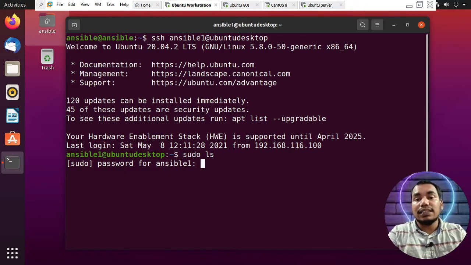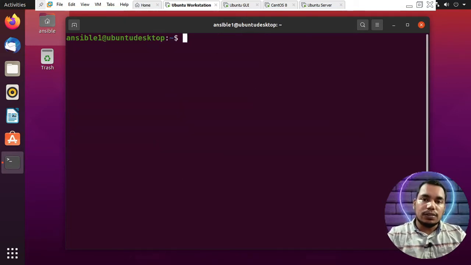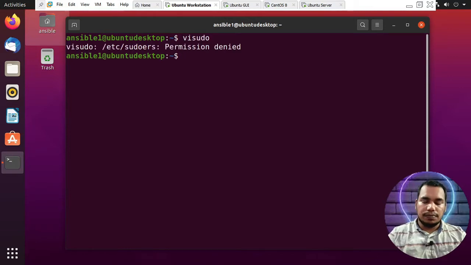When we execute commands from the remote system, this may cause issues. So what we have to do is add our users to the sudoers file. After that, this will not happen. So let's try on this system. To add a user in the sudoers file, the command is visudo. You have to use sudo for that